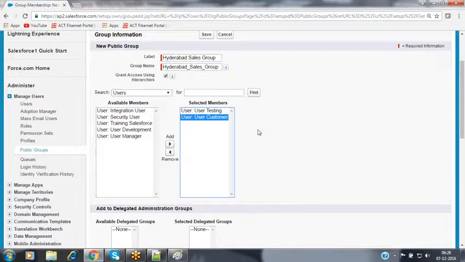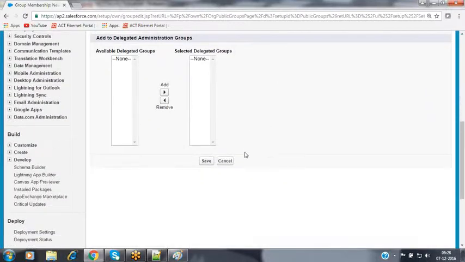Okay. Now, inside a public group, what do we have? A public group is used to collect a collection of users together into a group, in order to share the record to the collection of users at a time, in a single shot. The public group contains a set of users. It may be individual users, it may be public groups again, it may be roles, or based on roles and subordinates also. We can add those members. There are no other options available here.